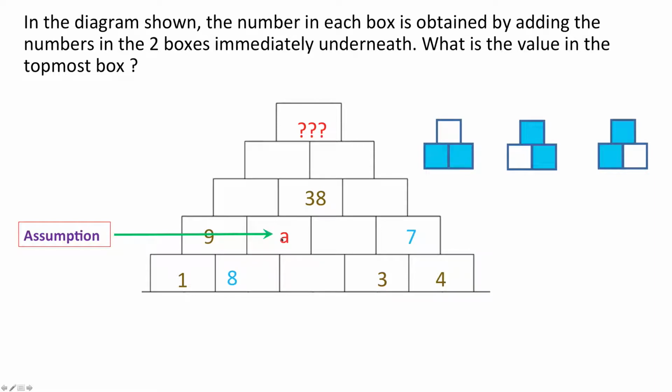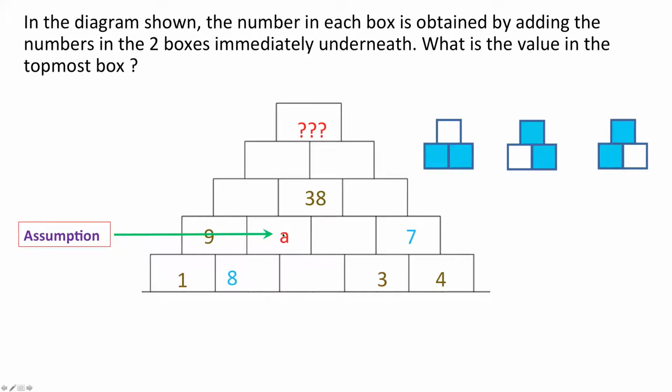As soon as you make the assumption, your mind will start playing that, what's the point in assuming it as A? We are anyway not able to find what we're supposed to find, that is the objective, which is already an unknown to us, and on top of it we are introducing another unknown. How will I find the value of A? What's the point in introducing A wherein there is no visibility as to how will you find the value of A and how it will help us in terms of achieving the objective? You have to overcome that mental block and